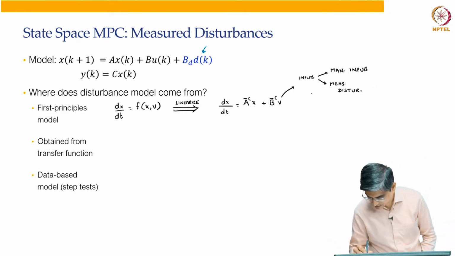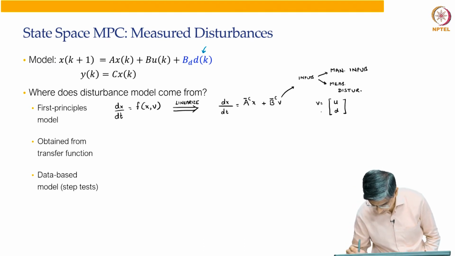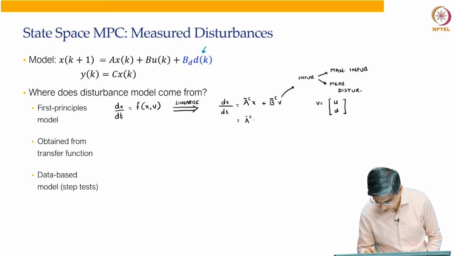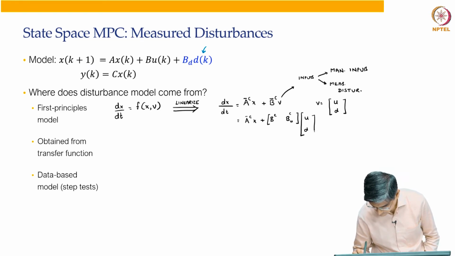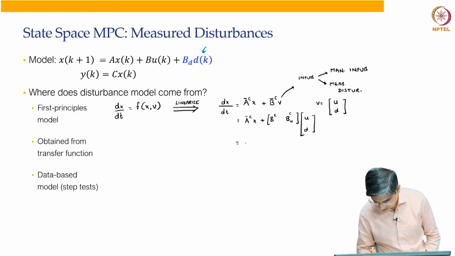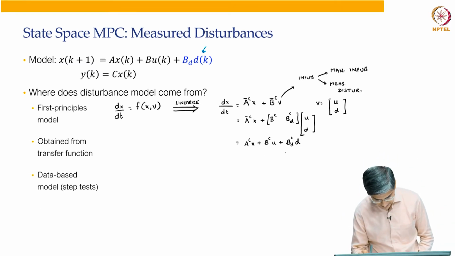So, we can write V as nothing but u and d, and therefore, we should be able to write this, and this will basically yield us ACX plus BCU plus BD multiplied by D, okay. When we discretize this,